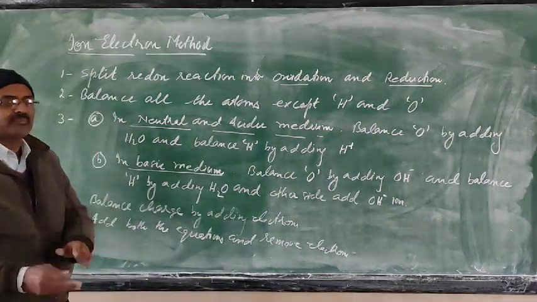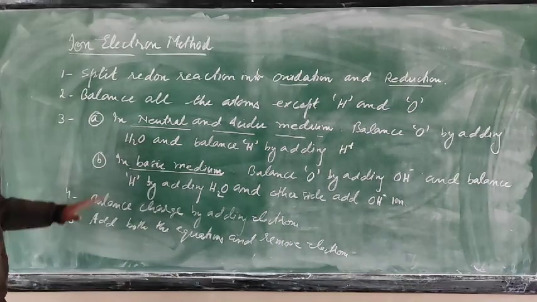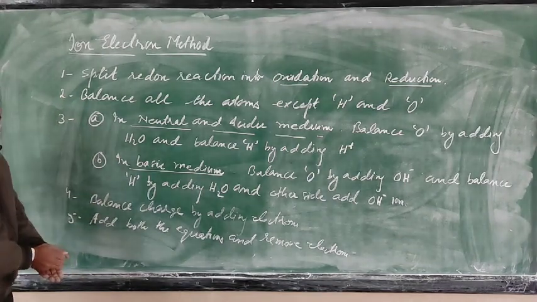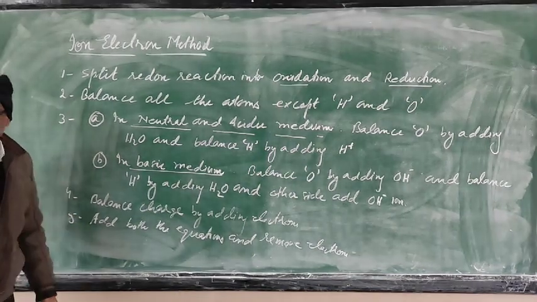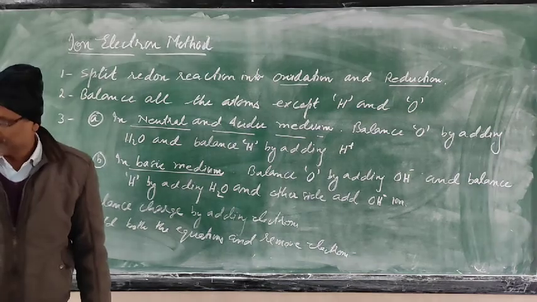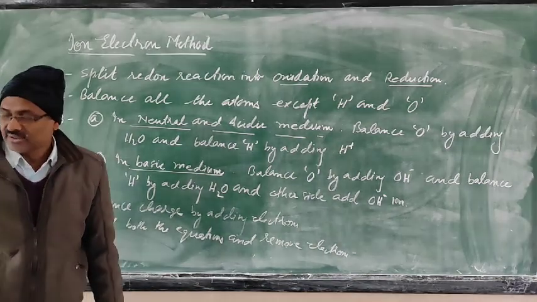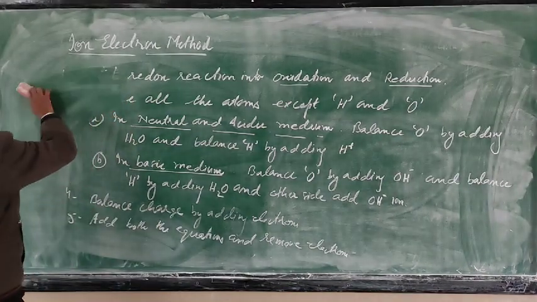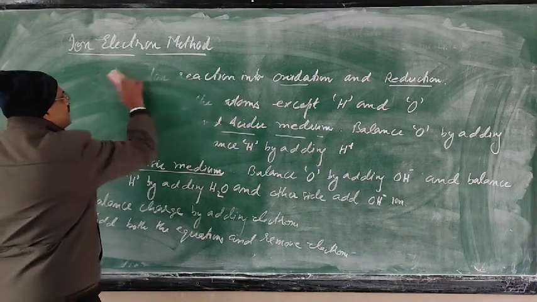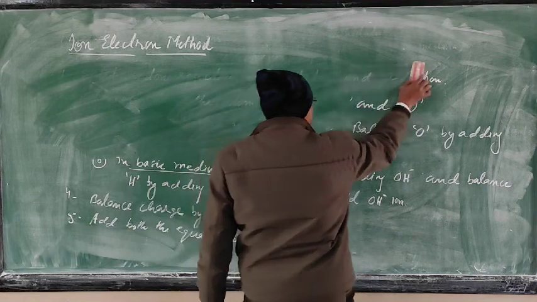How to remove the electrons? Both the electrons must be equal, so by multiplying by some coefficient. So these rules, write them in your copy. And now I am going to give you some examples of how to balance the equation using this method. First example, given in your book, example 8.8, I am going to take here and show you how to balance. So write this in your copy and then learn it.